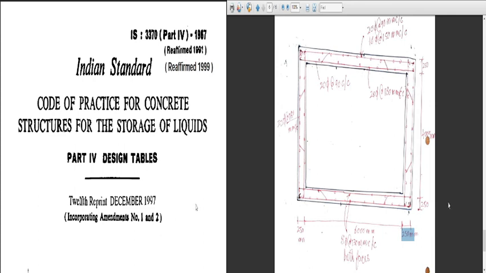So thank you. This completes the numerical on design of rectangular water tank. We will shortly have an assignment on this. Next we will see what has to be done. We'll either go with module 2 steel structure, or with module 1 we'll continue with the footing or portal frame. Thank you.